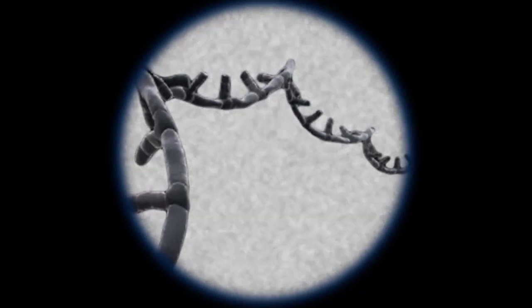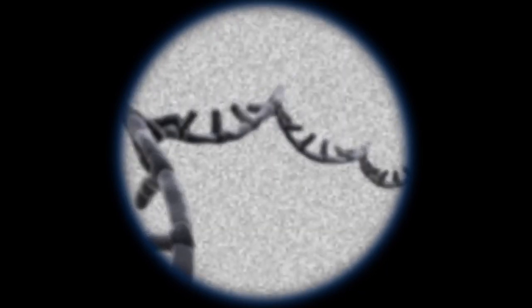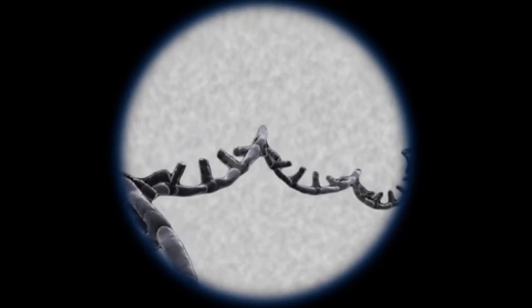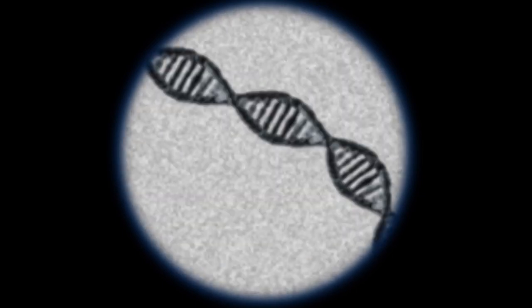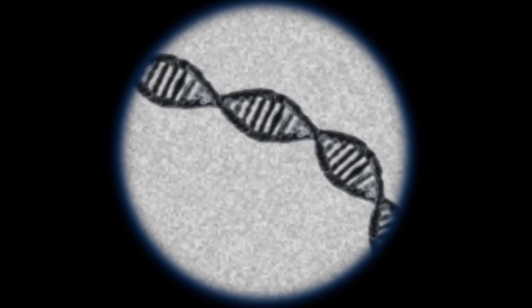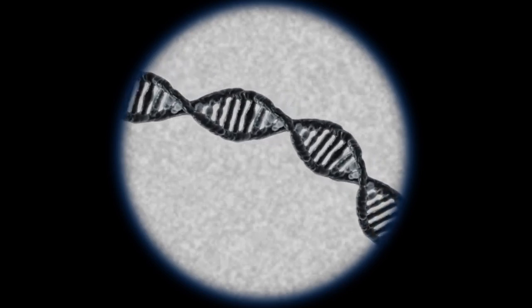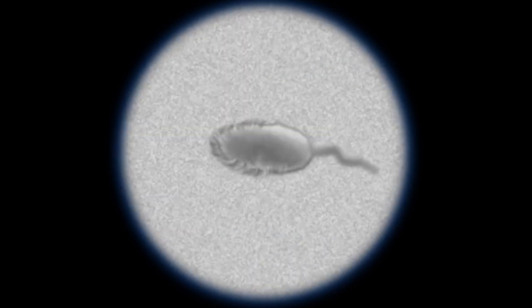First, the chemical code. It is stored in the pairing pattern of 4 basic molecules called nitrogenous bases within long chains of sugar phosphates called nucleotides. RNA, the earliest form of nucleic acid, can still be found as the primary repository of information in retroviruses such as human immunodeficiency virus. DNA then evolved to become the dominant storage molecule for genetic information, even in prokaryotes.